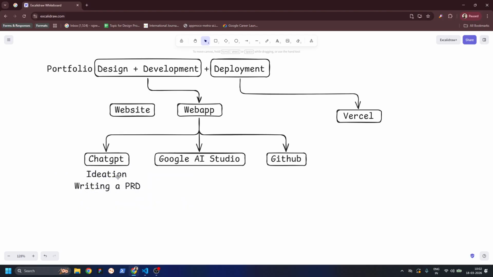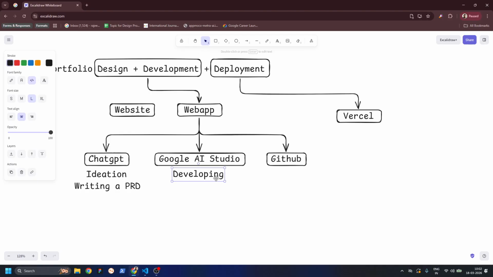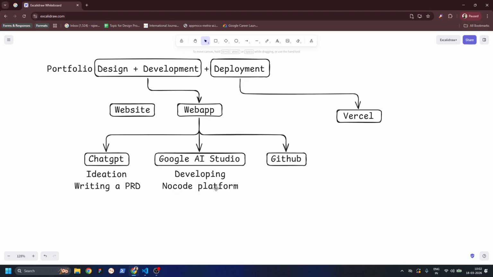Google AI Studio is going to be used for developing the website, and it's a no code platform which allows you to code in,